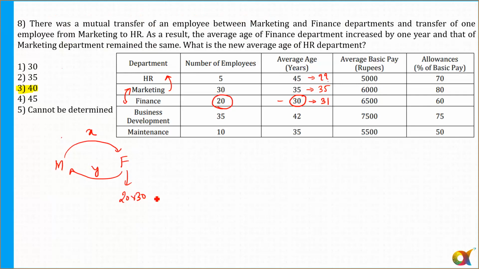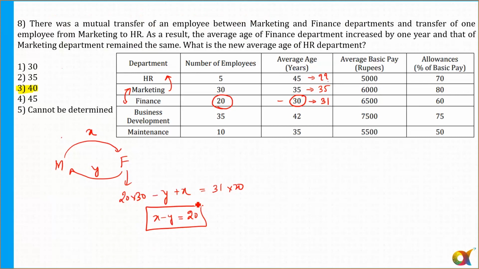Now from that, one person whose age is Y is leaving, and the other person whose age is X is joining. Because of which, the average changes by 1. So the new average is 31, but the number of people is still 20, so I'll multiply by 20. From here, you can see what the value of X will be equal to. Anyone smart, please tell me. Avinash, Jatin and everyone, is it clear?